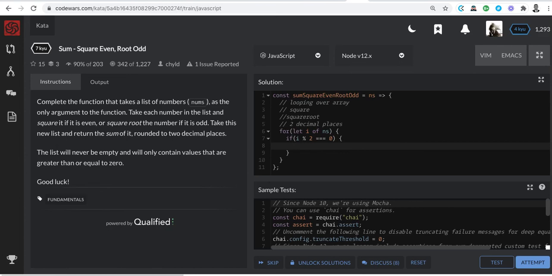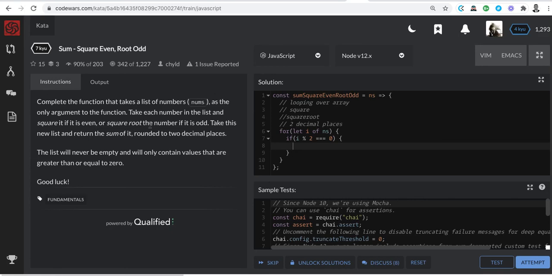So if it's even, I have to square. Now I have to square and